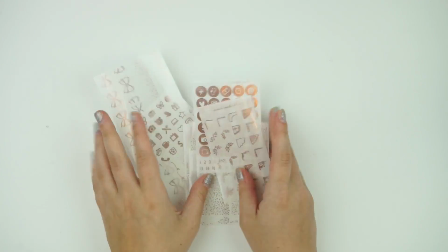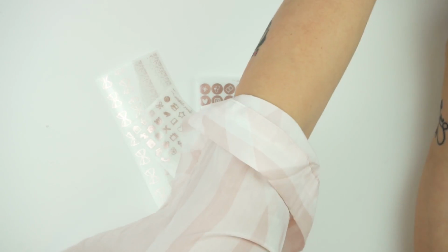So let's do what we've been doing recently and go over the kits last, because I think they're the most extensive part. So let's go over this week's wiggle. So I actually wanted to pull out a rose gold. So this week's plan with me, I'm actually going to be using this wiggle because it is